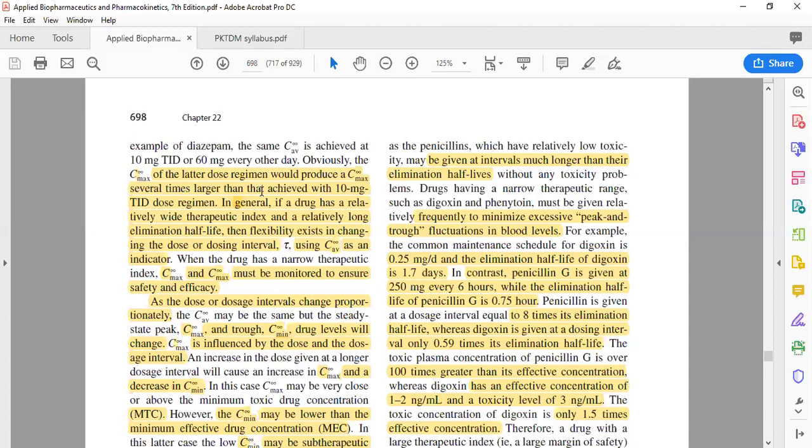I was telling you that if you see the Cmax you get from 10 mg and the Cmax you get from 60 mg, it's really high in case of 60 mg. You understand, right? But if you look at the C average in both dosing regimens, the C average remains the same. Are you getting me? So here, if you look at the diazepam,